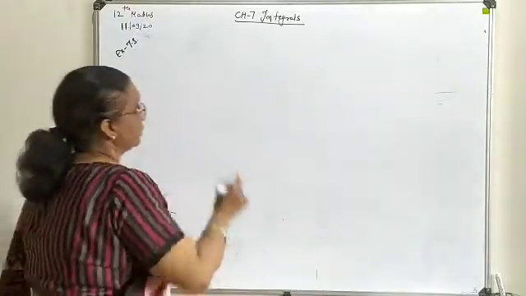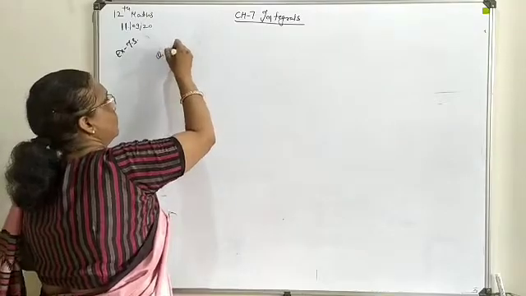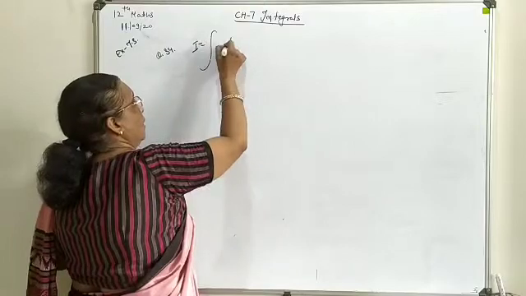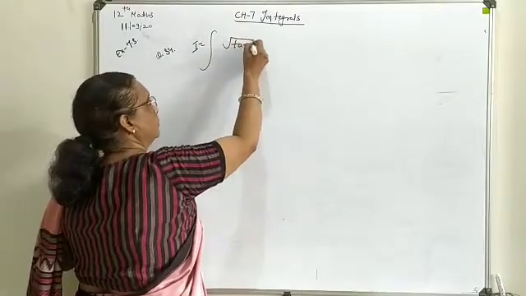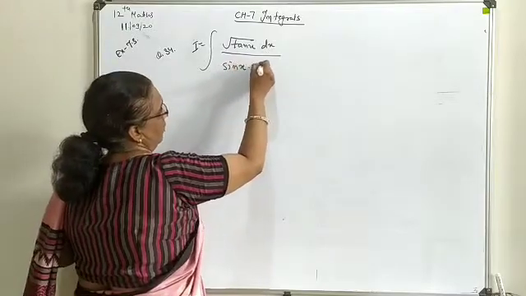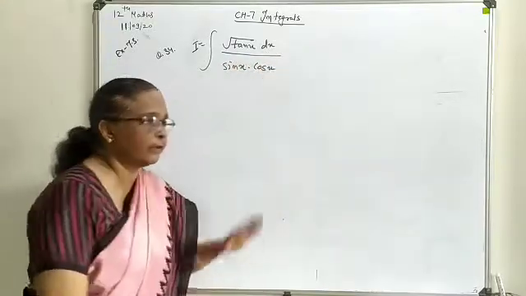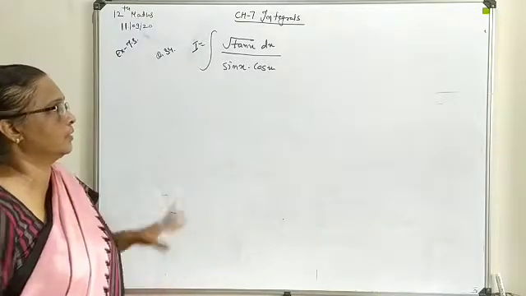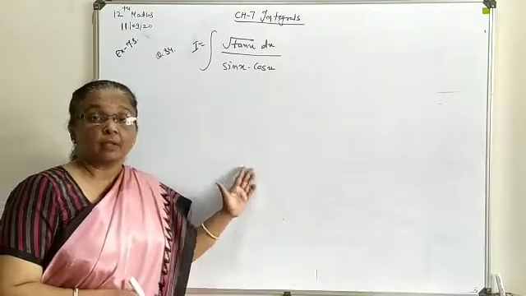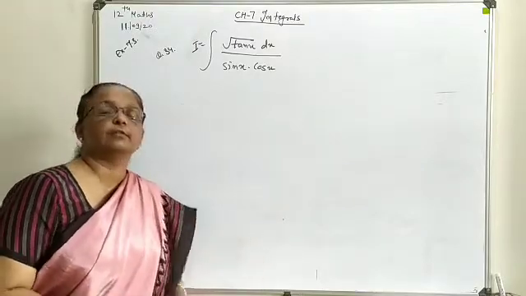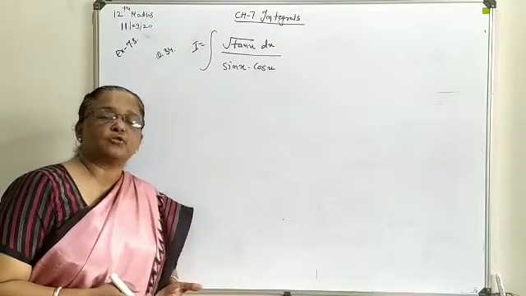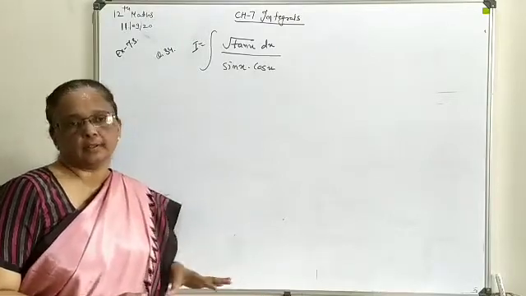In 34, the question is given as under root of tan x upon sin x into cos x. Now here also from the question form as such it is not clear what we can suppose as a t function. So first of all we are going to generate the question in such a way that the term seems to us that now it can be supposed as t.